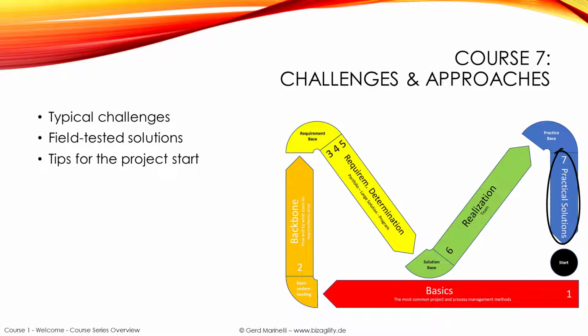The 7th and last course in the series is about collaboration between the levels previously covered, and typical challenges with approaches to solutions from my practical experience, that have worked quite well. We talk about software solutions, alignment, possible Kanban strategies, the team composition, the weekly, also about contradictions to the Agile